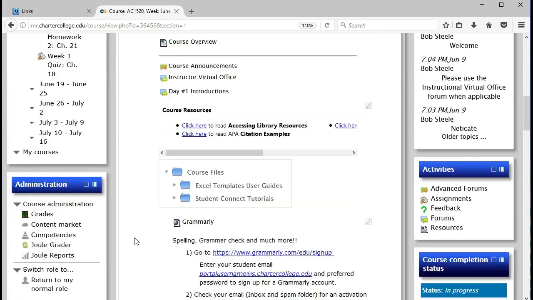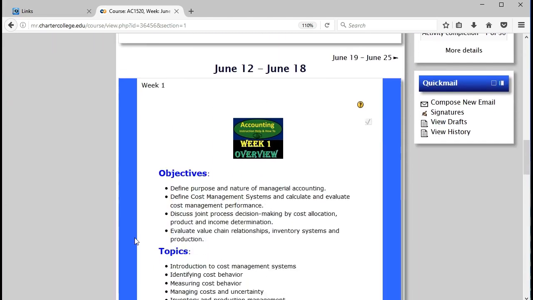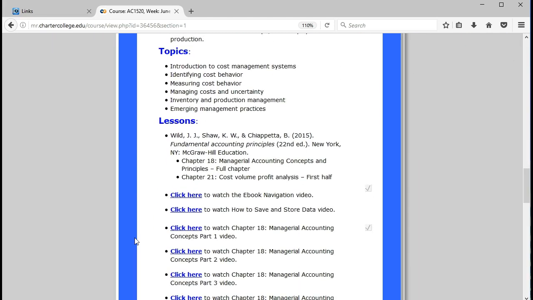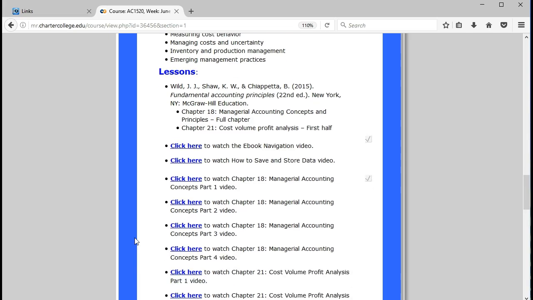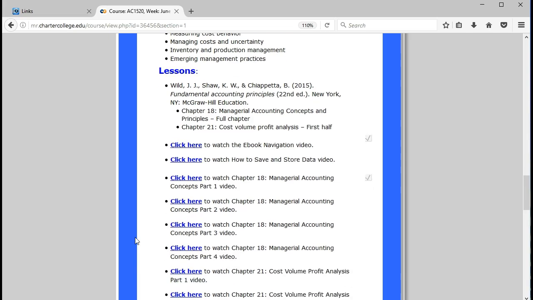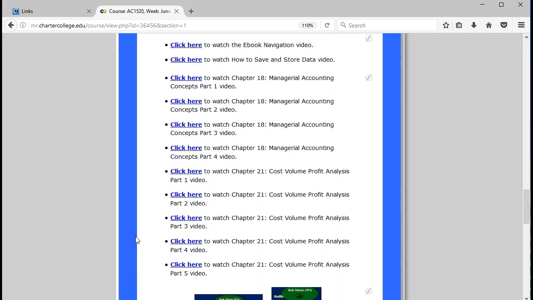Week 1 is where we have covered the introduction to managerial accounting, that being chapter 18, discussing what managerial accounting is, often in comparison and contrast with financial accounting, the major objective of managerial accounting being decision making for internal users, those internal users being managerial accountants. And then we have chapter 22 covering cost volume profit analysis, really at the heart of